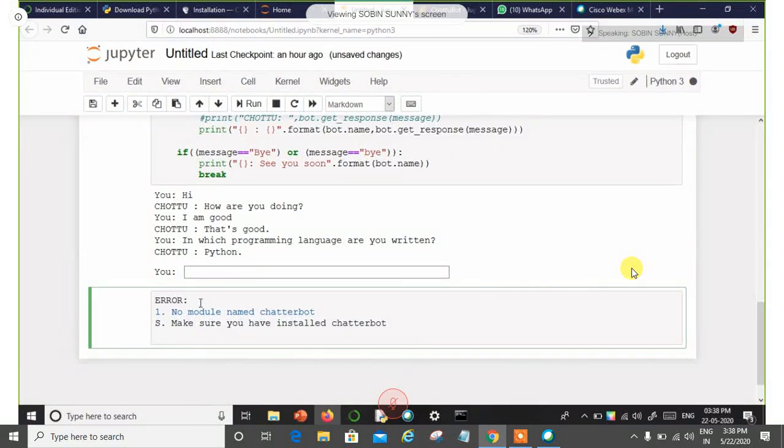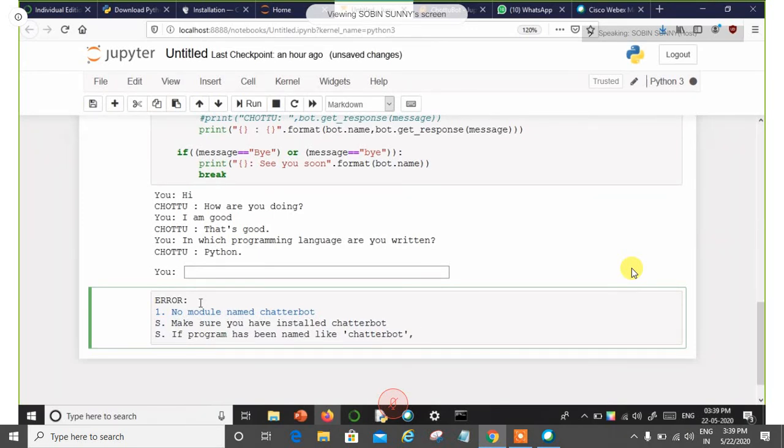Solution number 2, another solution: suppose unfortunately you have saved the program with the name Chatterbot. What happens? It will collide with the actual library, and in that case also this error will show.